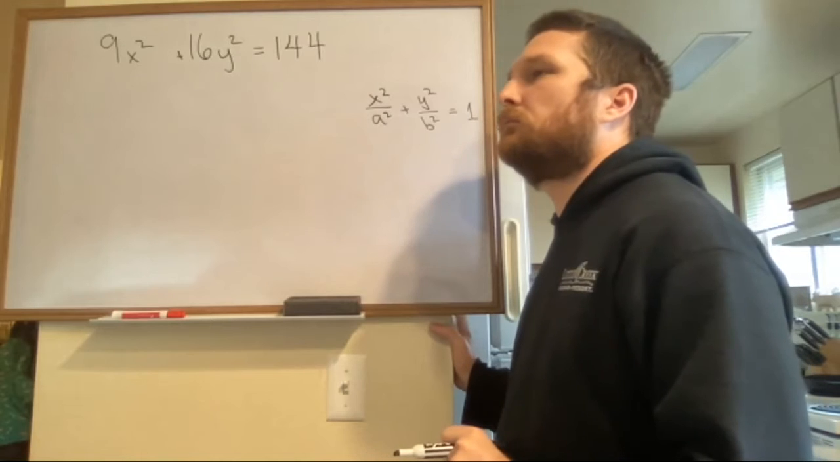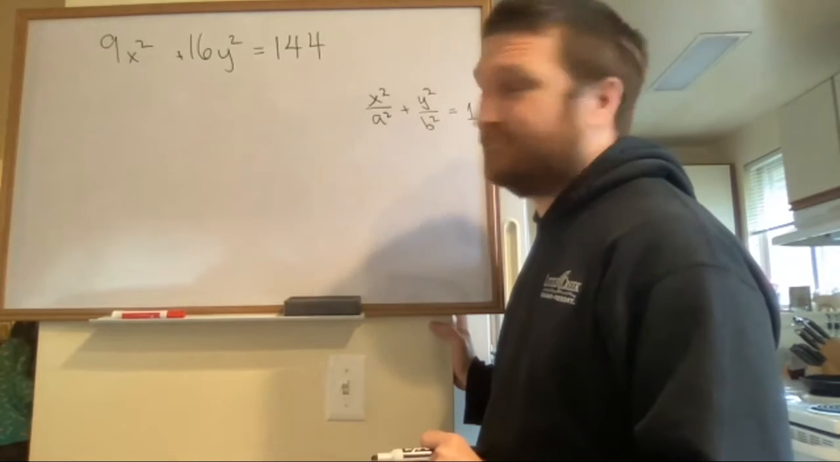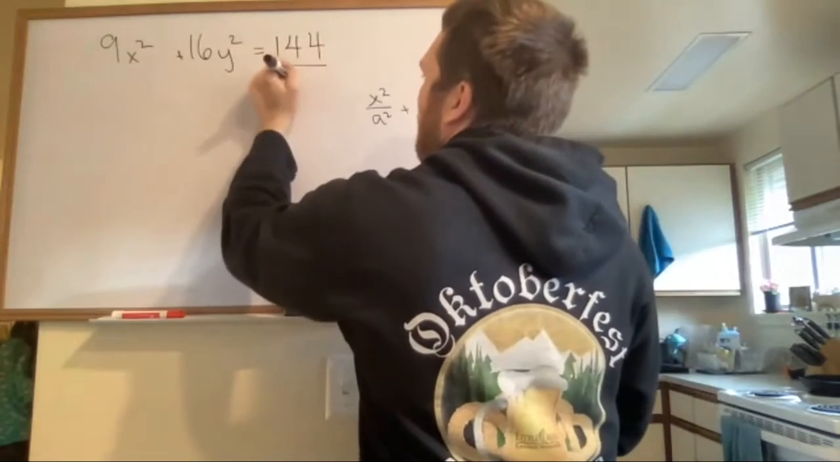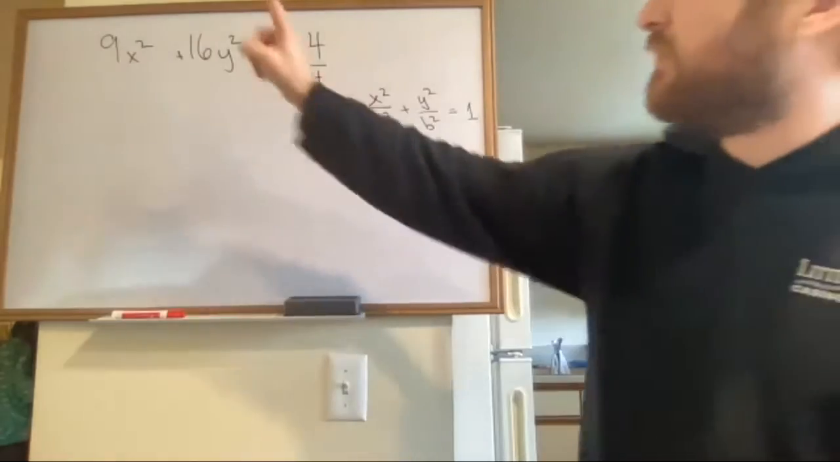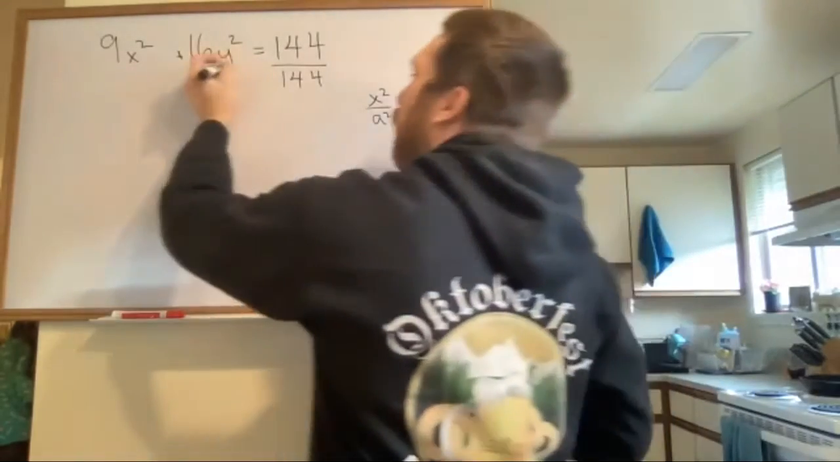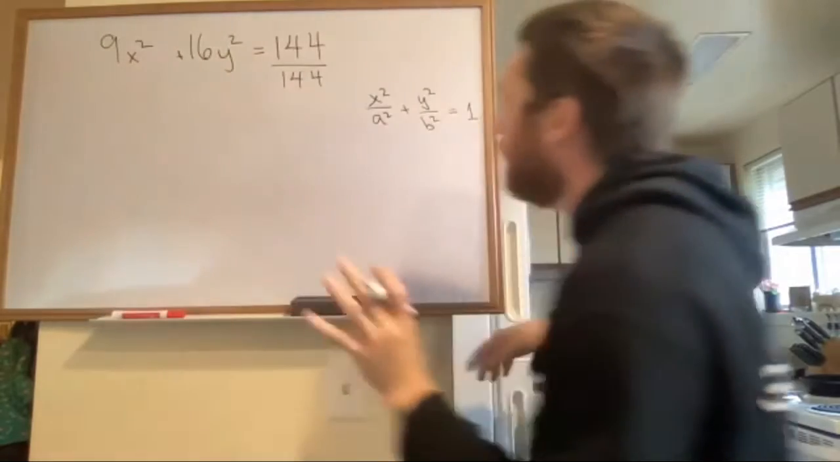Divide. Divide by what? 144. There you go. All right. And that will turn that into 1. But if I do that, I got to do it to every one of those guys too, right? So we could just put this whole thing over 144, but it's going to be easier because I'm already thinking